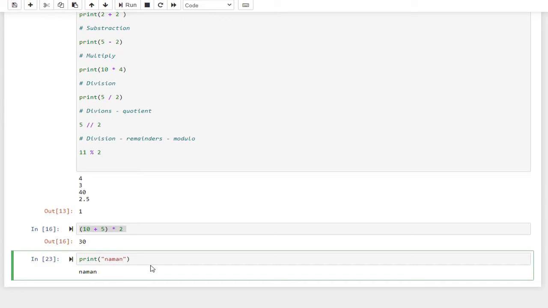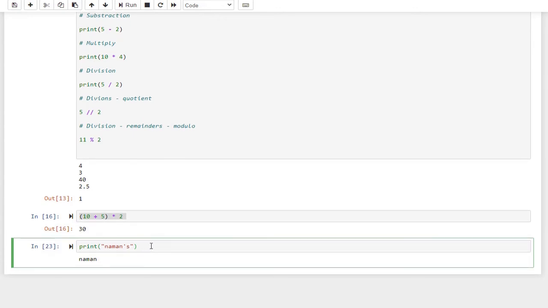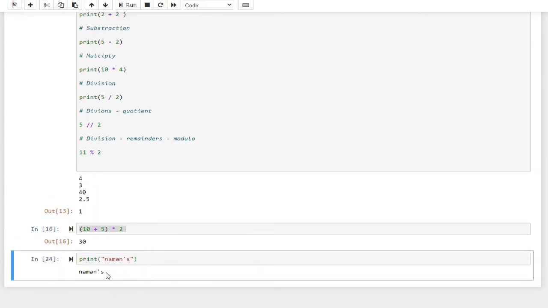It has not been defined anywhere, but what if you want to use an apostrophe s? You can enclose the whole string with apostrophe s in these quotes. And when I press Ctrl Enter, you can see it is numan's.